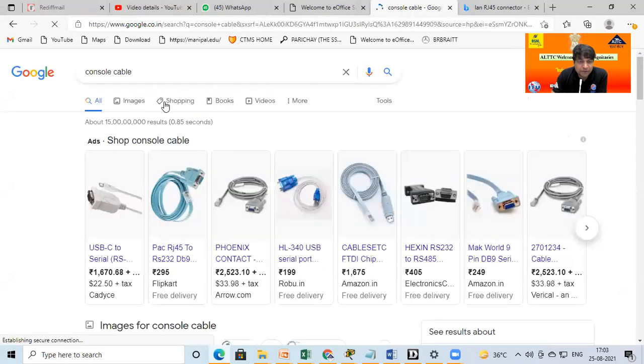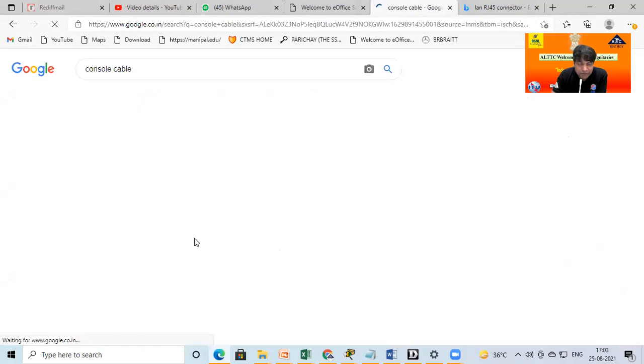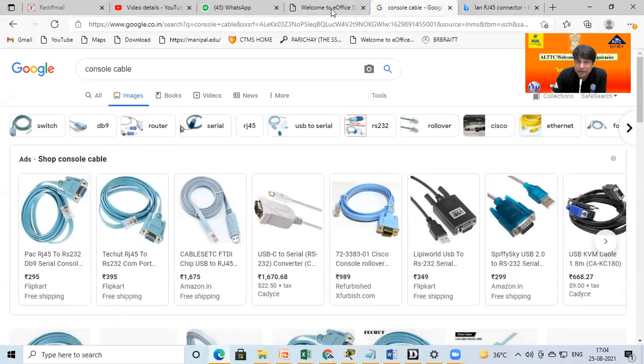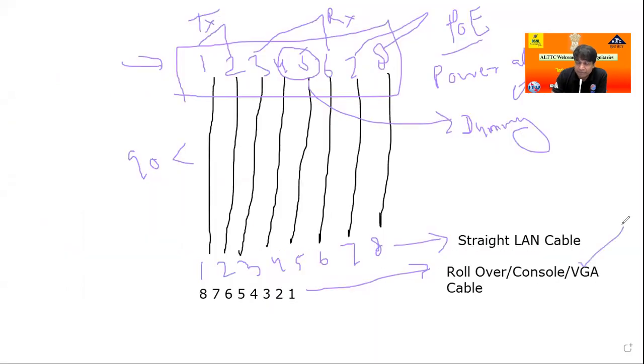You can see in the console cable, one side is the RJ45 connector and the other side is the computer monitor connector. So depending on the connector, this is named the VGA cable, with male and female type connectors on both sides, like your desktop computer to monitor, to be easy to identify for general people.